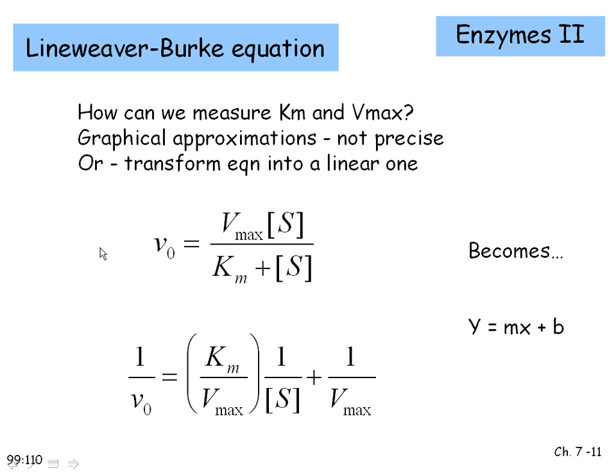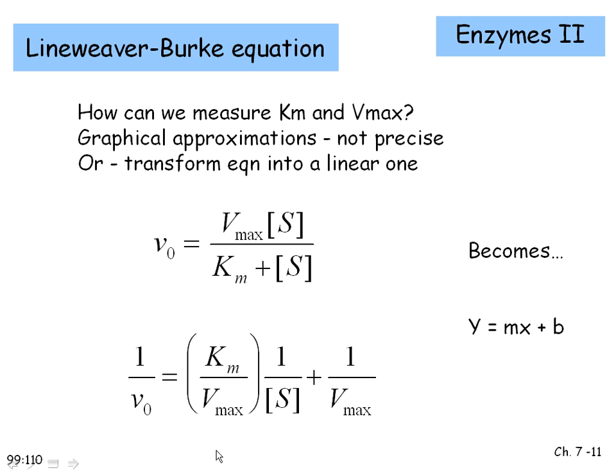So if we start with the Michaelis-Menten equation here, in which the velocity of a particular reaction at that starting time is directly proportional to the Vmax, the overall catalytic rate when it's occupied, and the substrate, and inversely proportional to the Km, the tendency to hold on to its substrate, plus the substrate. What we can do is represent this as inverses. So if we look at 1 over the velocity, so here is 1 over the velocity,